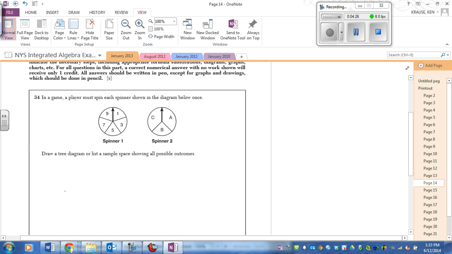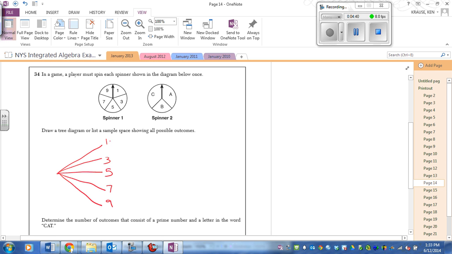I like the tree diagrams. It's pretty easy. So it's 1, 3, 5, 7, 9. And off each of those I can go A, B, C. Alright, there's my space. So it says determine the number of outcomes consisting of a prime number and a letter from